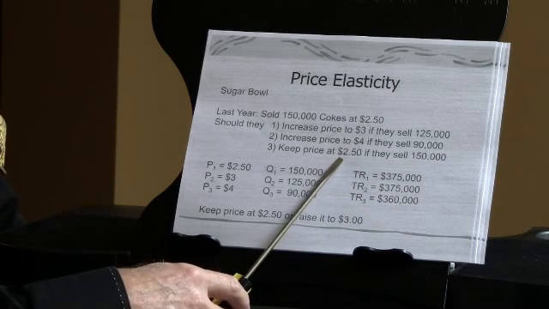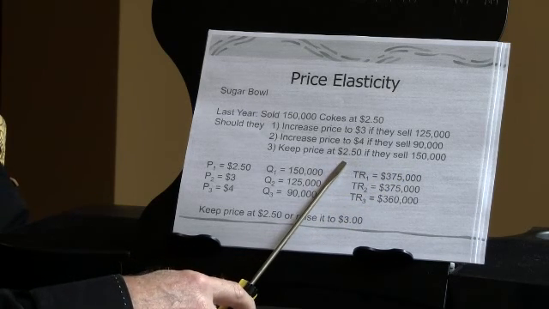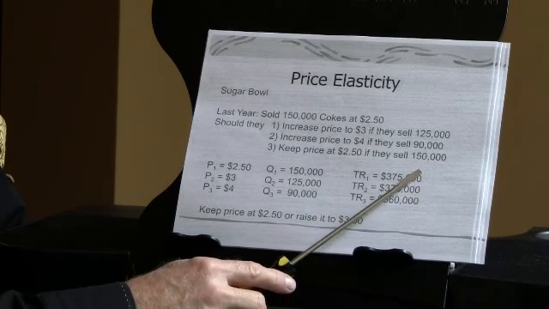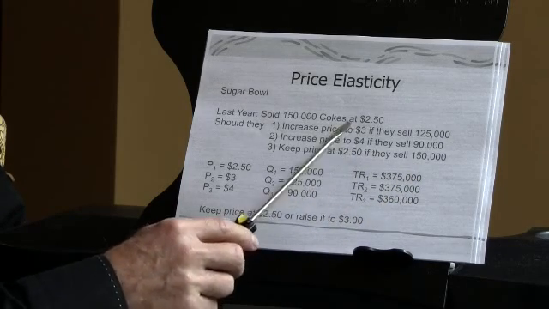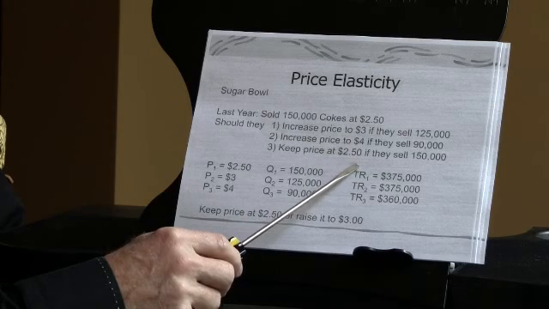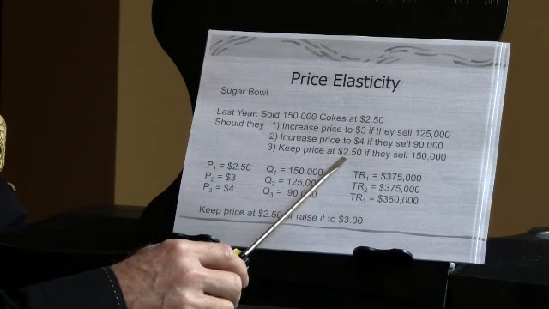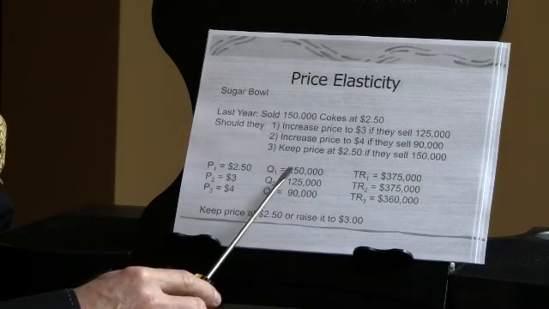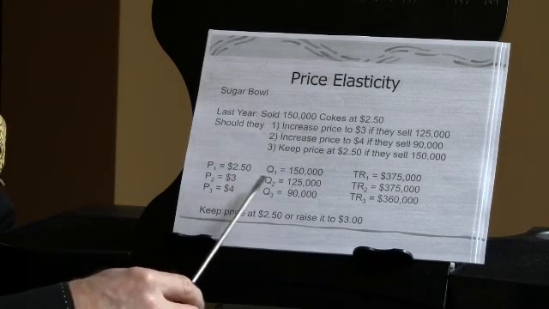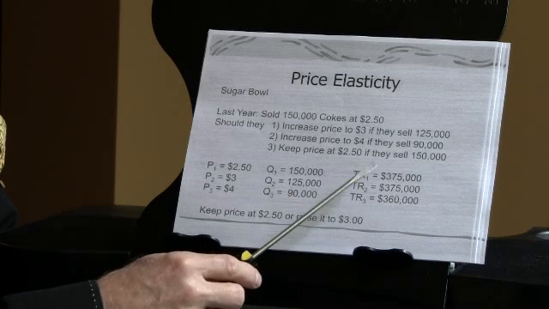And should we just keep it at $2.50? I mean, we sold 150,000 last year. So which of these three options should we pursue? And we're interested here in maximizing our revenue. So we can look at each price and each quantity demanded, simply multiply those, and come up with our total